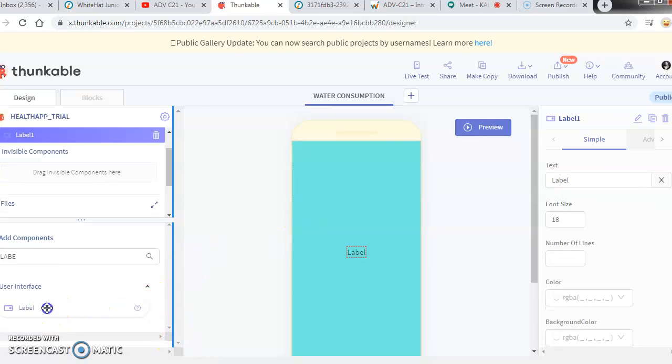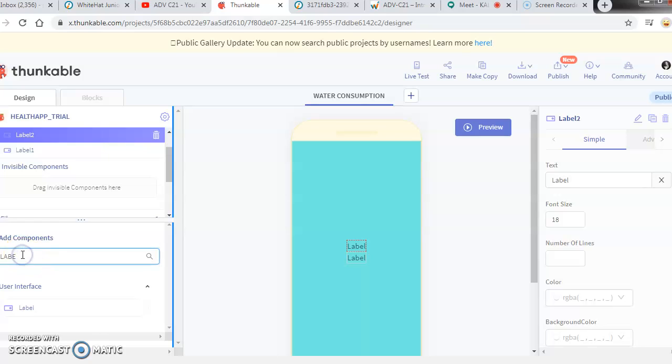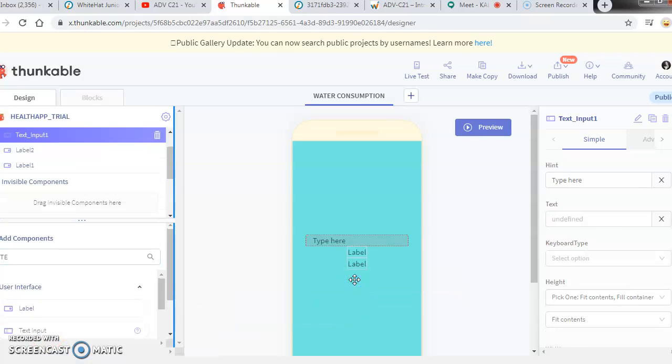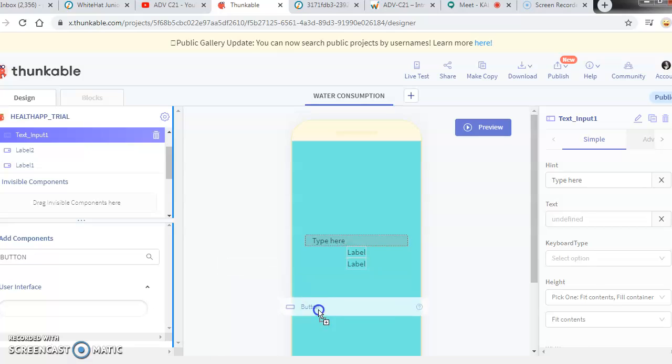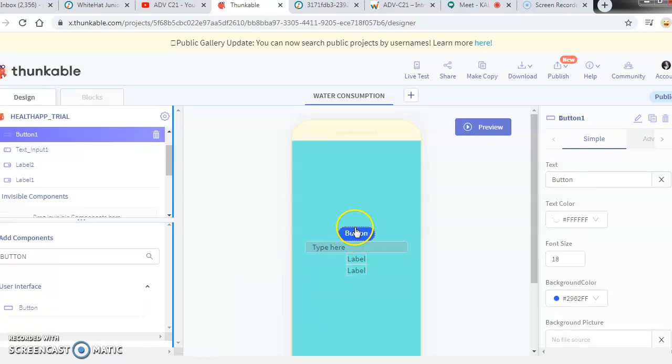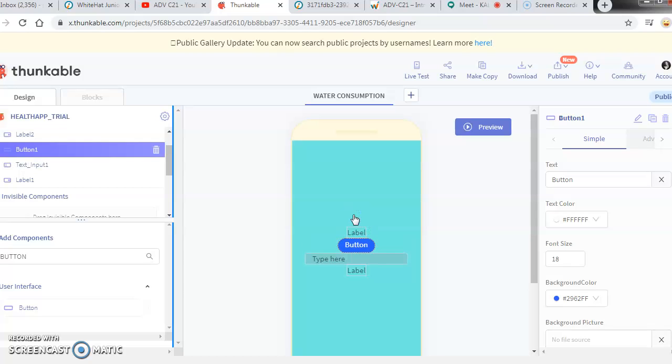I wanted to drag and drop 2 labels, and then I need a text input, because you have to enter the number of glasses of water you drink, and then you have to drag and drop a button here. So the button is meant for calculation. So what you can do is you can just swipe it like this. So all these are under the screen now.